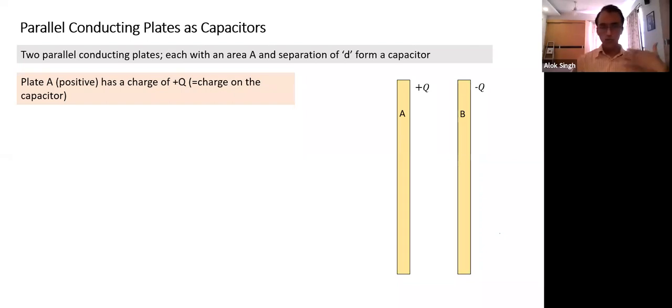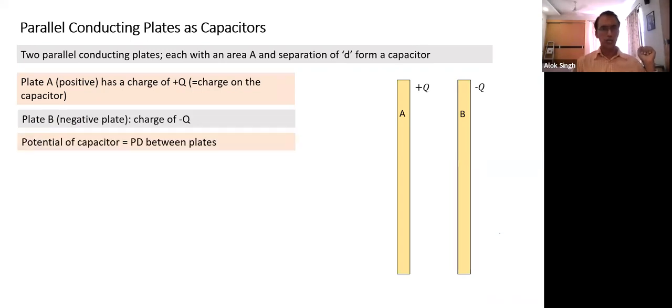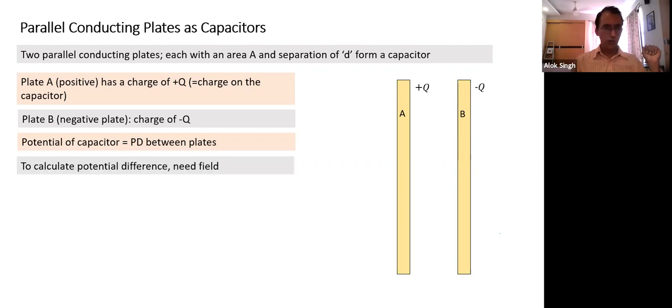So how do we make it simple? If I choose a path which makes it simple to calculate the dot product of E vector and displacement vector, which is the easiest when they are along the same line. So let's do that again. Pretty simple. The potential of a capacitor is the potential difference between plates, which we can easily find. Charge is given, area is given. To calculate potential difference, we need the field. We understand how the charge will get distributed. Net charge is 0, so the outer surface will not carry any charge. The inner surface will have charge plus Q. Hence, the charge density on this inner surface will be sigma equal to Q by A, and the field will be equal to sigma by epsilon naught.